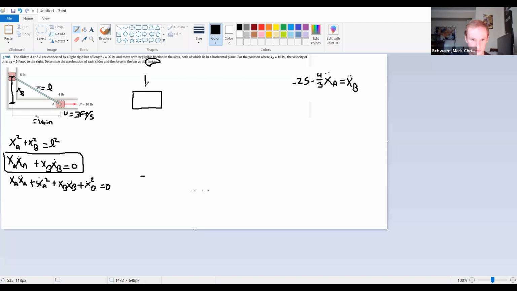We have mass times acceleration, force coming down this way just due to gravity. We have 10 pounds acting on it this way. And then we have the tension,